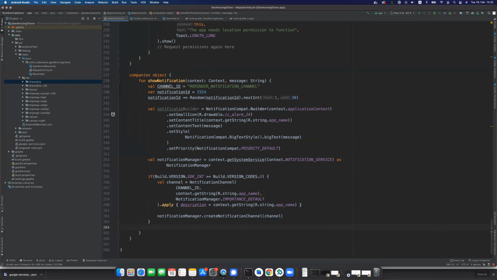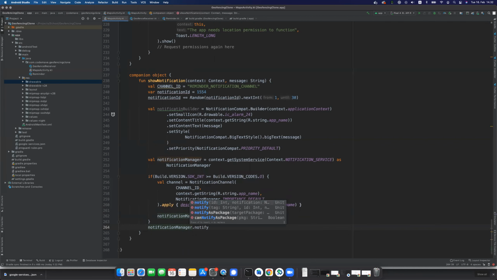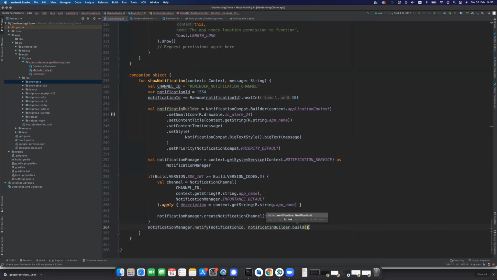Other than that, if our device is not up to Android O or is below that, we say notification build notification manager dot notify, and then we get a notification ID. We use a notification ID, and we call our notification builder dot build. Okay, so this is how we create it if